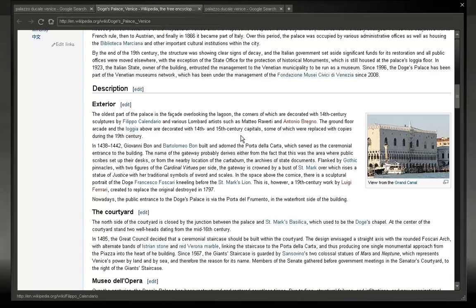Nowadays, the public entrance to the Doge's Palace is via the Porta del Frumento on the waterfront side of the building. Alright, so the Porta della Carta